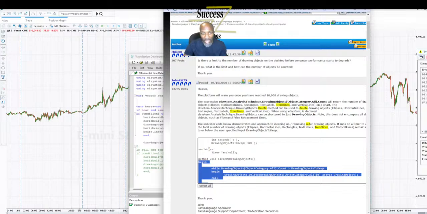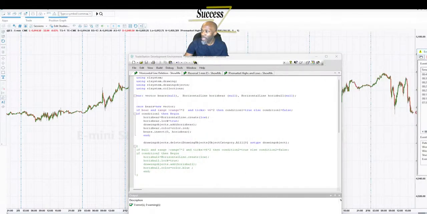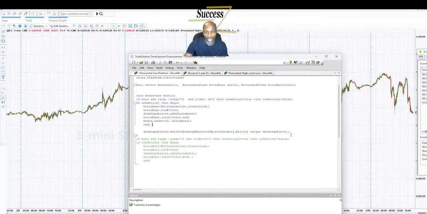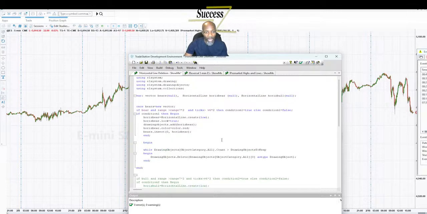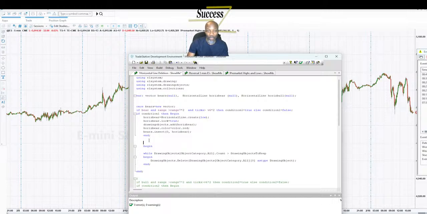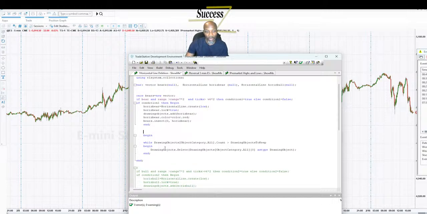I hate to just copy stuff because I want to understand it. But when I copy it, I can look through it and then understand it. But what I understand is that TradeStation doesn't give you enough information in its little dictionaries and stuff for you to do what you want to do. So